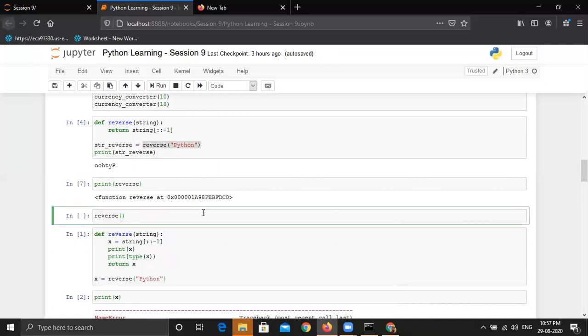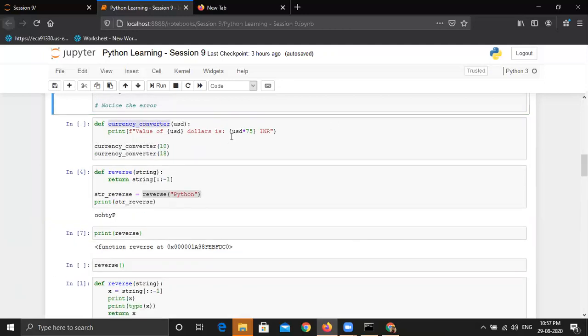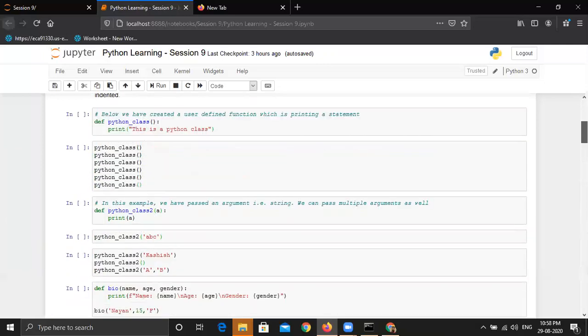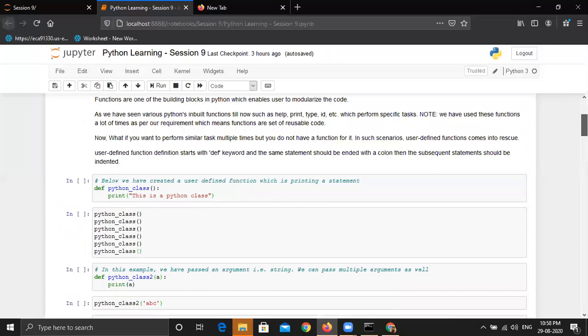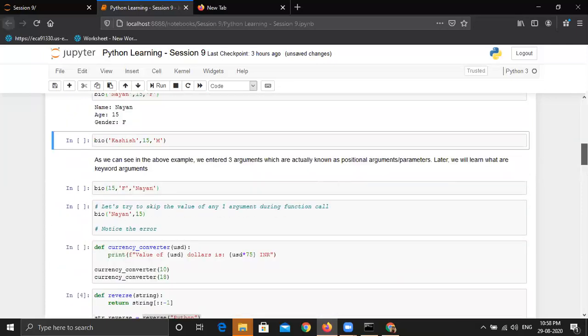Similarly, you can check the documentation of any function that has been defined till now. Suppose you want to check the currency converter, or maybe we defined a bio function above, but that will not work because we have restarted the kernel. Let me rerun it. This is the bio function. Let me rerun, and if I come below,